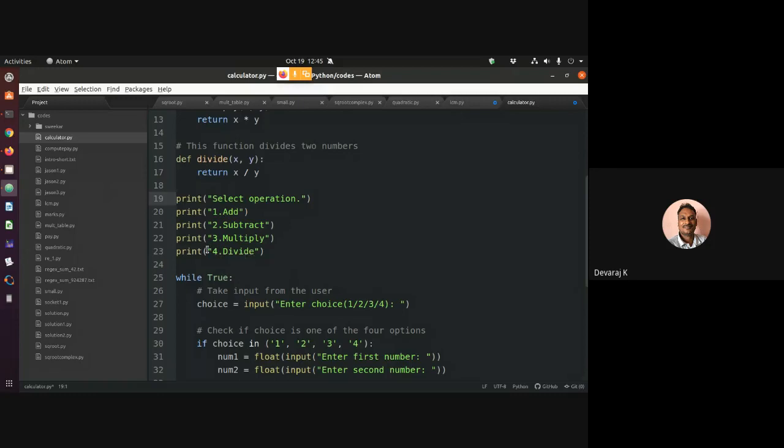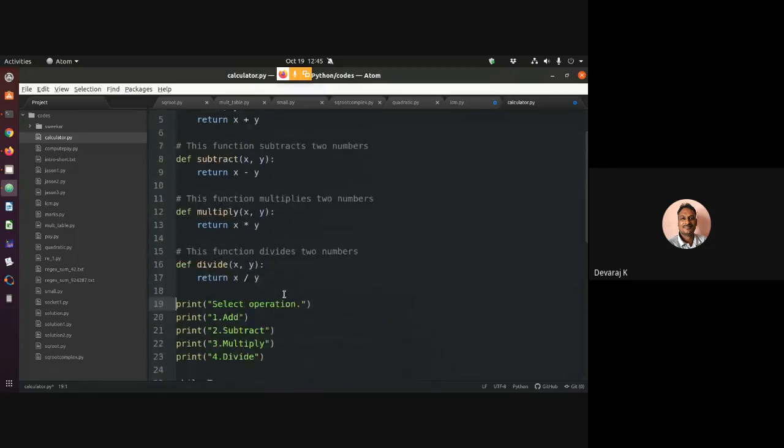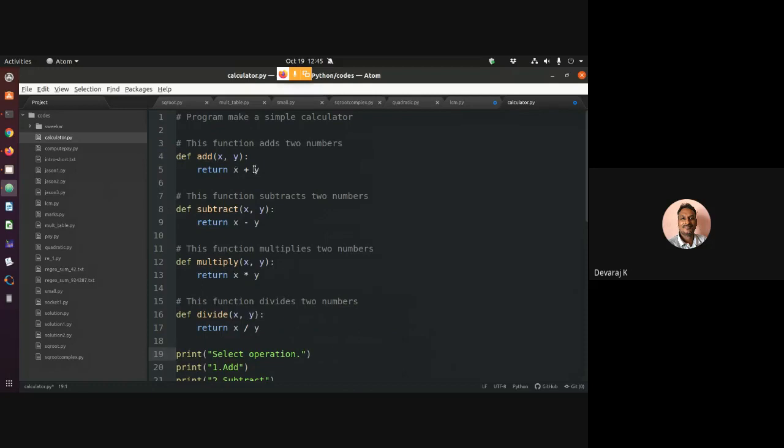Now to do this operation, I should have 4 different functions. Add means if I call the function add, it is going to add whatever numbers I give. If I want to subtract, I should be able to subtract one minus the other. If I want to multiply, I should be able to call the two numbers.